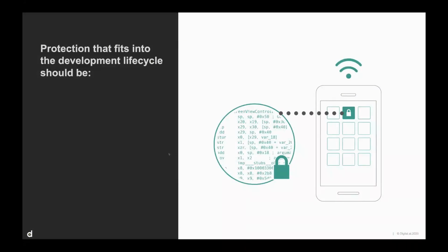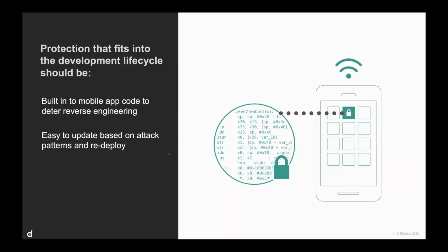And then in terms of how this fits into your development life cycle, you want to make sure that it is easy to integrate, but it's important. You don't want most of your developers to even have to deal with it, you don't want to have to make source code changes to implement things like this. So you need to make sure it's easily integrated and easy to update, because again, if you're getting visibility into